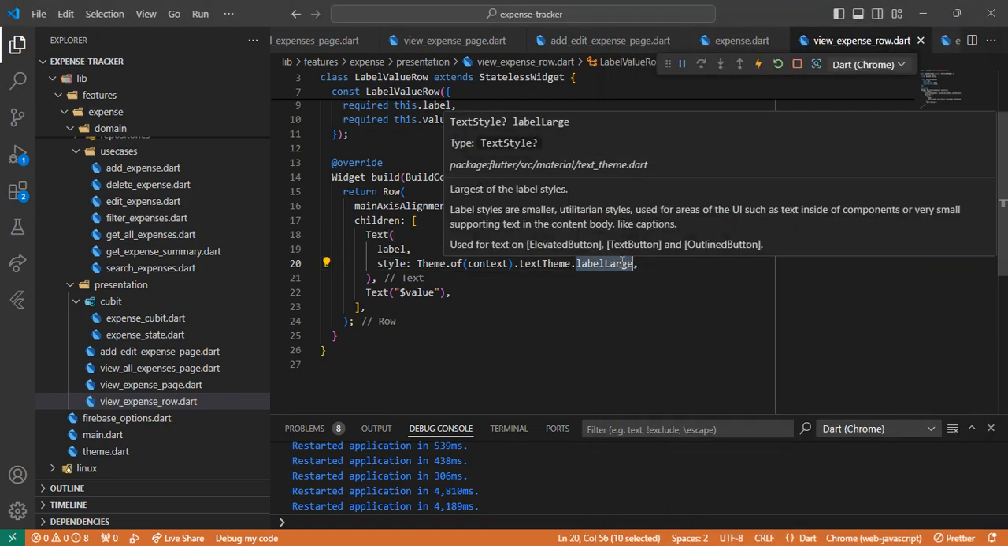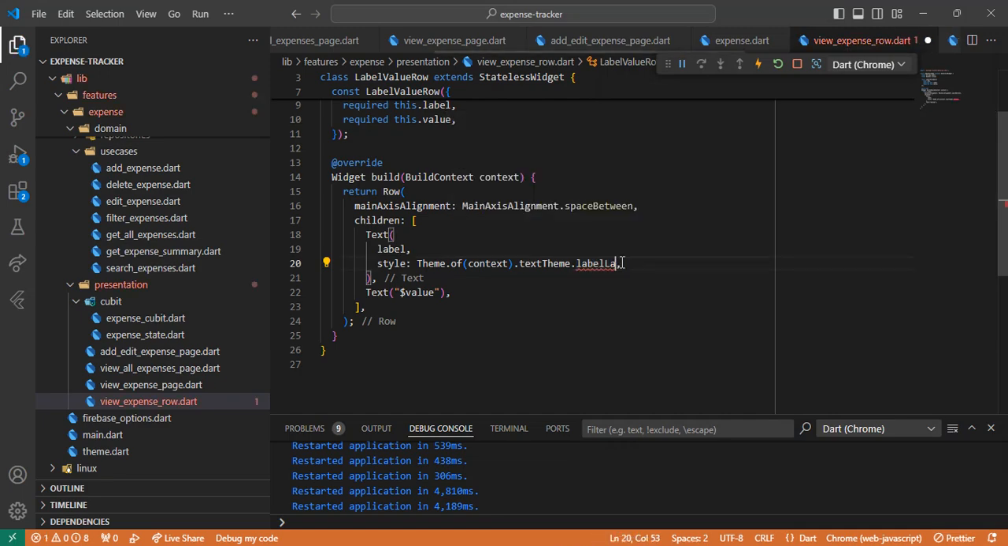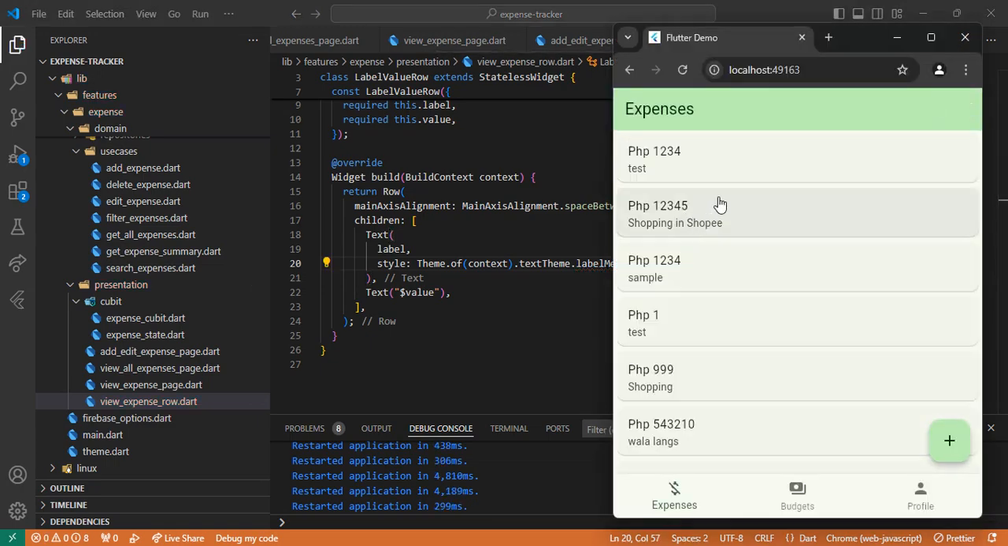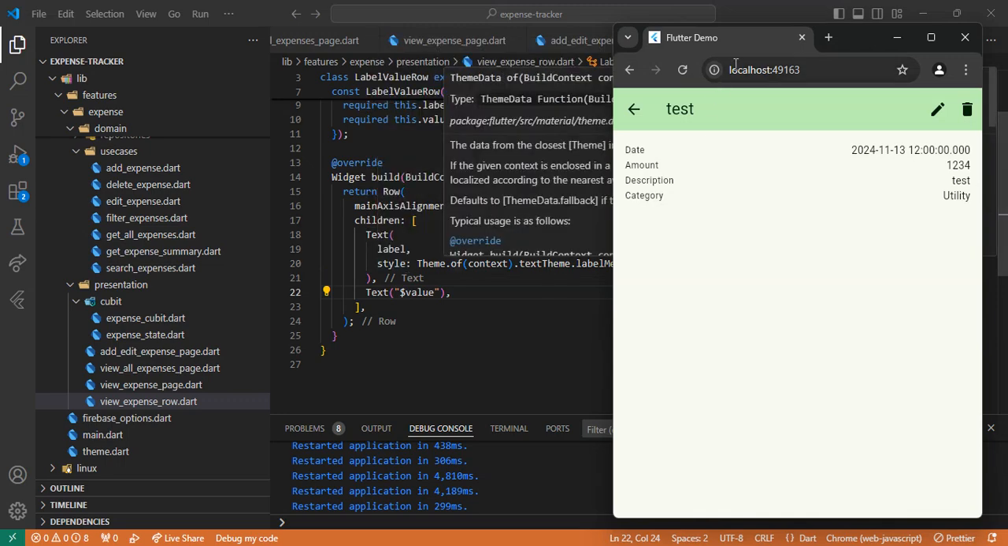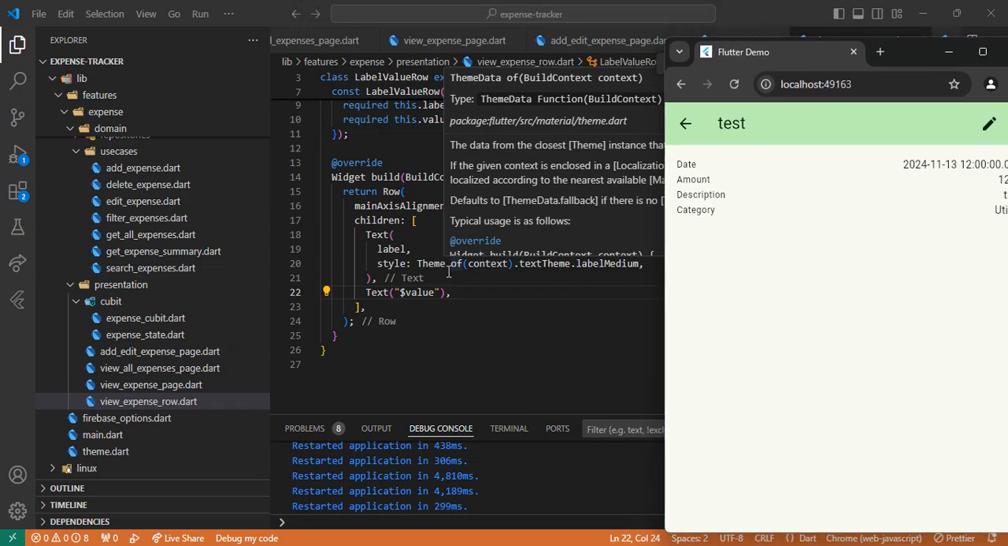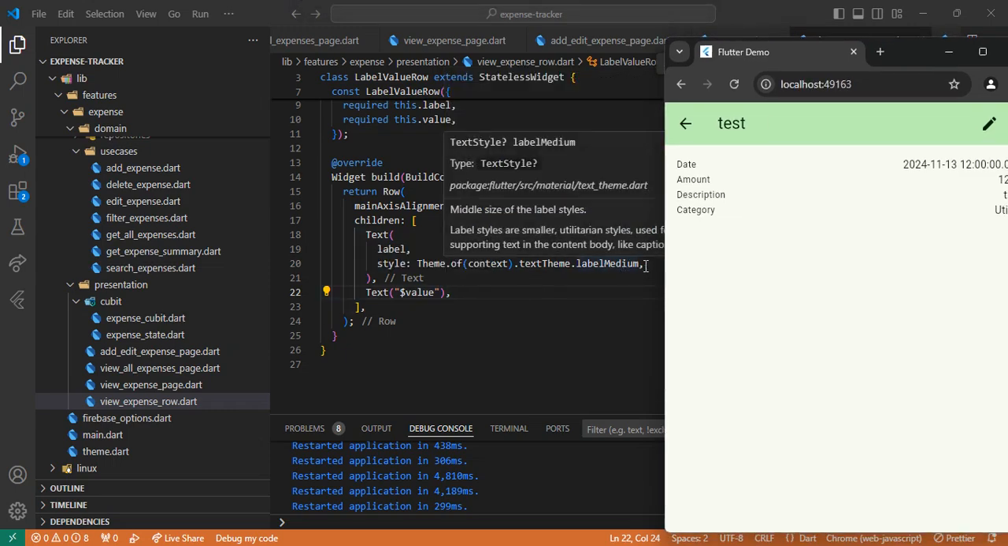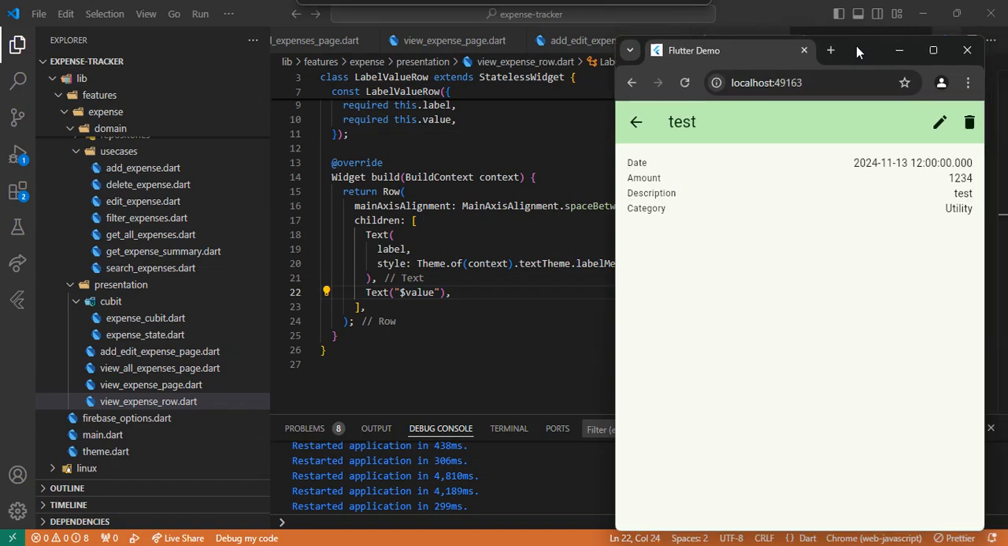So let's try label medium. Let's see. Ayan, so now you can clearly see the difference between this one whose default style is body medium, tapos ito change ko yung style niya to label medium. So mas maliit na siya compared to this. And yun,